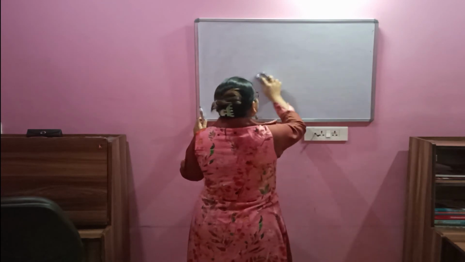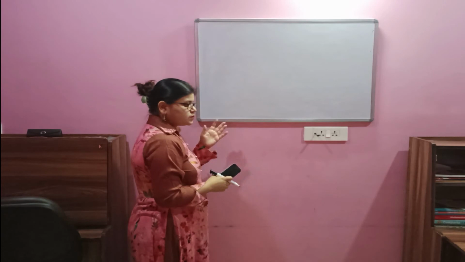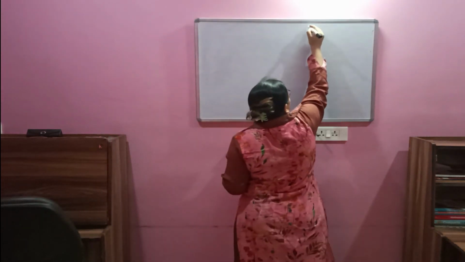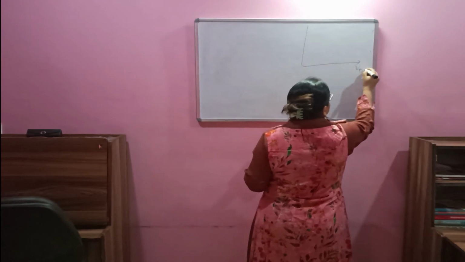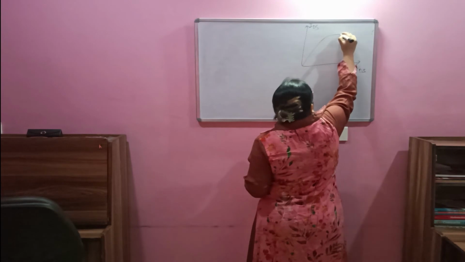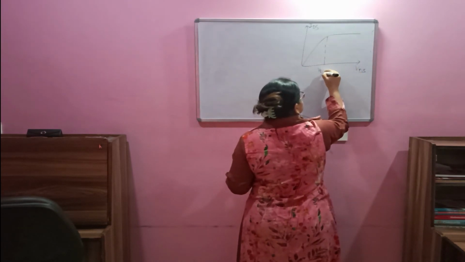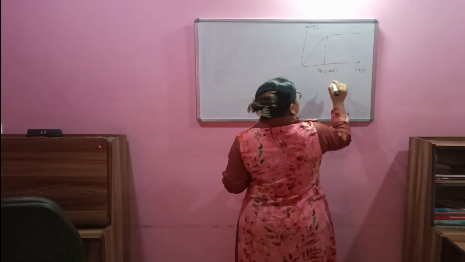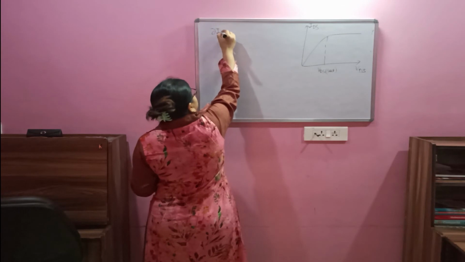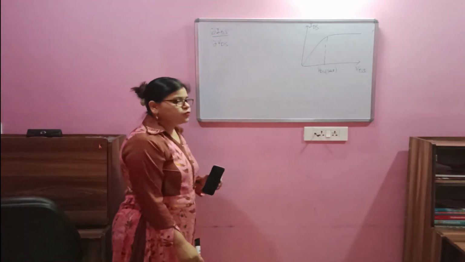Now before moving towards that equation, firstly we should know about this curve which we have drawn. I will redraw this curve over here, VDS and IDS. If I draw this curve for the MOSFET, the slope of this curve will be del IDS upon del VDS. This is the slope of this curve.